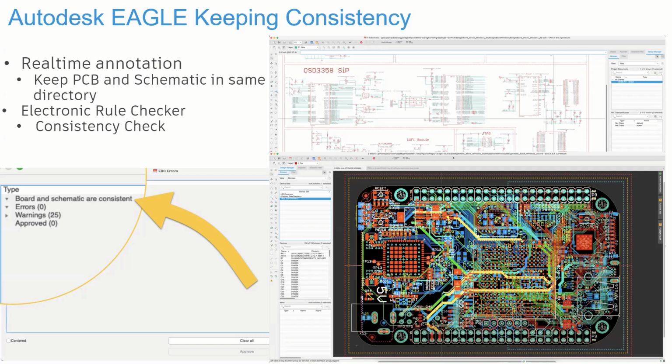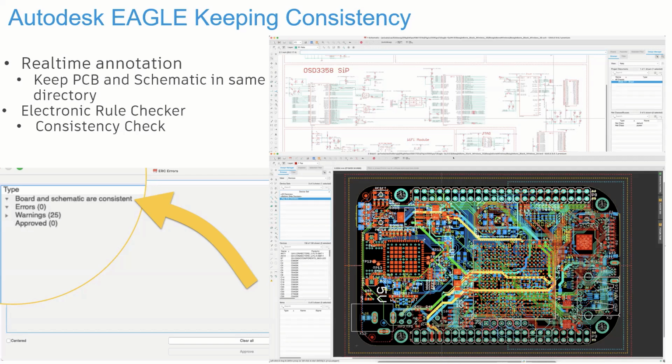But now, here's the special part. I'm able to reference EAGLE schematics, which are 100% compatible, but I could actually use that same schematic and reference other PCBs. That's the nice flexibility that we have using Fusion 360, which is a little bit different than the way it works with EAGLE. So if I have one schematic and I have different boards that I want to use for referencing, let's say a smartwatch, you may have different sizes of a smartwatch, but the technology is the same. I could actually use the same schematic, but reference different PCBs, which is kind of nice. So we're going to talk a little bit about the